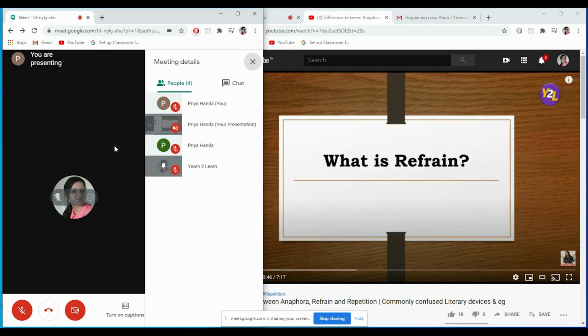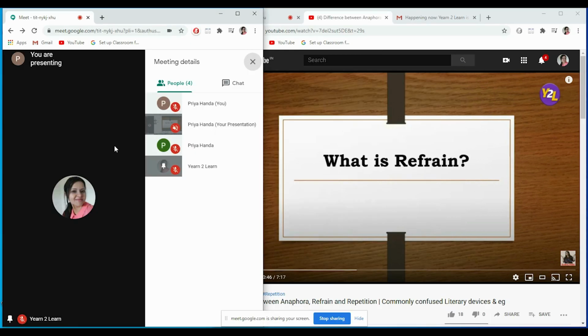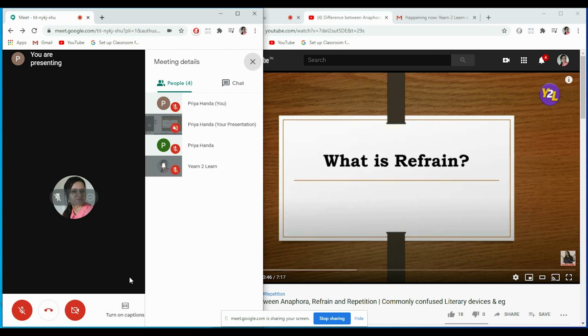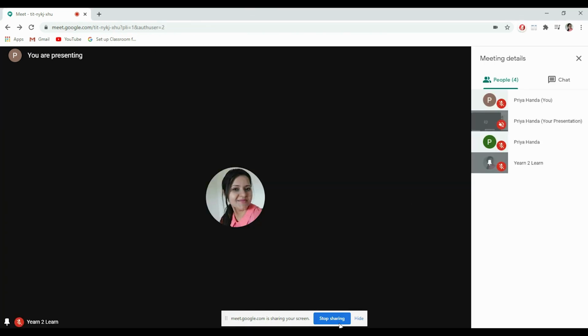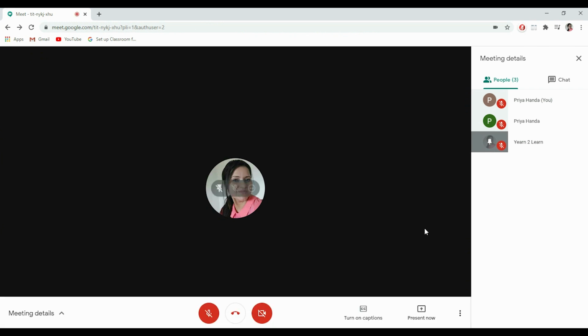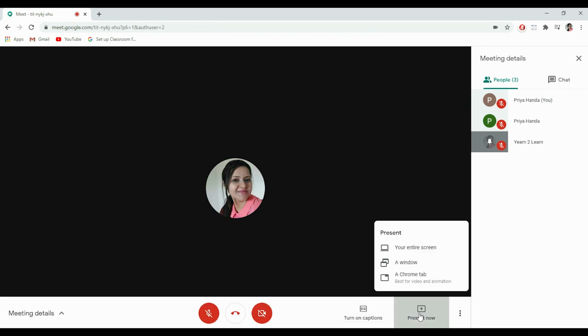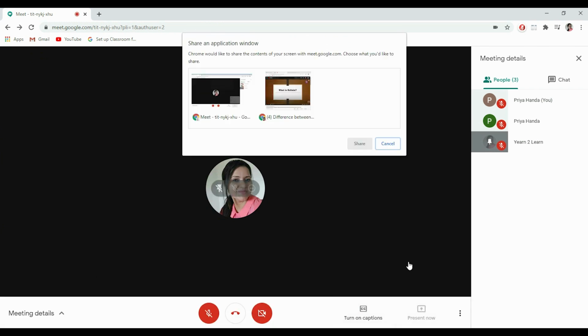And there is one more important thing. In case you don't want the entire screen to be shared, let me go back to this screen. I'm maximizing it. I'm choosing the option of stop sharing. If you want to present, you can choose a window only. Which window? This window.